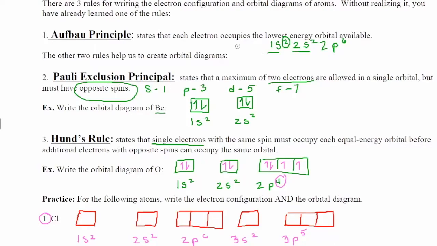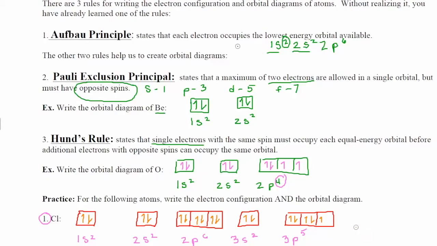Electrons. Let's do this. I've got 2 electrons here, so one's going to be spinning up, one spinning down. For 2s, I've got 2 electrons, one spinning up, one spinning down. For 2p6, I've got to fill it according to Hund's rule. So I'm going to have them all with the same spin, and then I'm going to go back and fill. So I've got 1, 2, 3, and I'm going to go back, 4, 5, 6. That works out perfectly. For 3s, I've got 2 electrons, so one up, one down. For 3p5, I've got 1, 2, 3. Then I'm going to go back, 4,